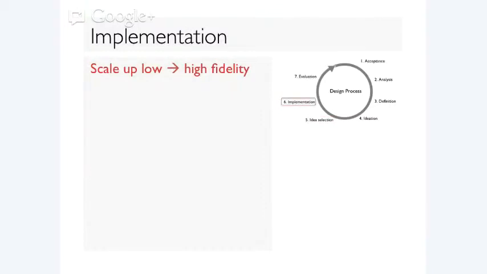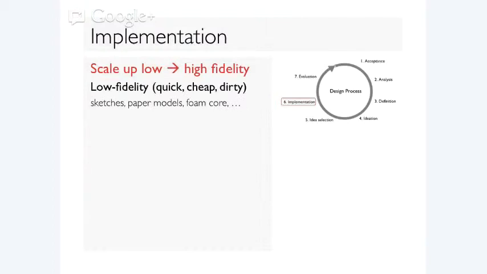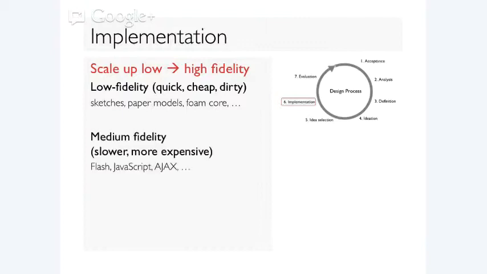All right, and only then do we get to actually creating something concrete. But implementation can also have many different forms. So you can start with low fidelity, quick, cheap, dirty prototypes, sketches on paper, which you're going to do for your design assignment, paper models. Maybe you take foam core, which is this material, cardboard with foam in the middle, to build a kiosk if your design is a kiosk system. And then next time around the cycle, you're most likely going to scale up in fidelity. So HTML mockups,